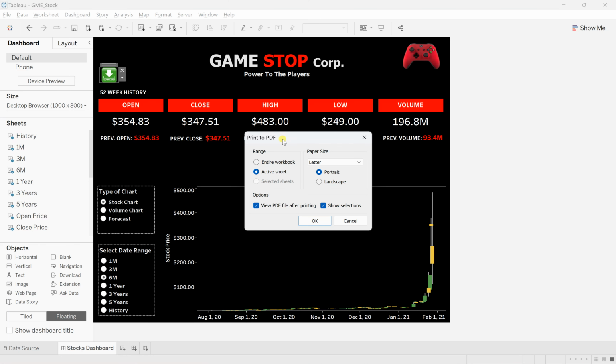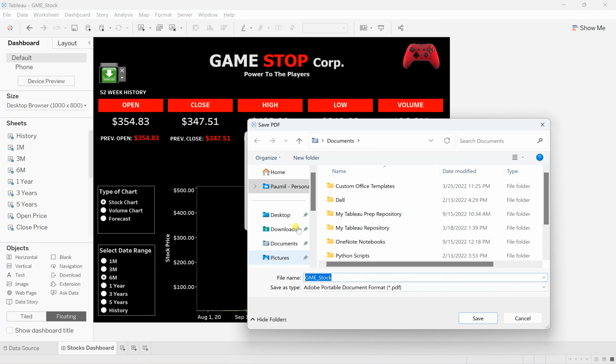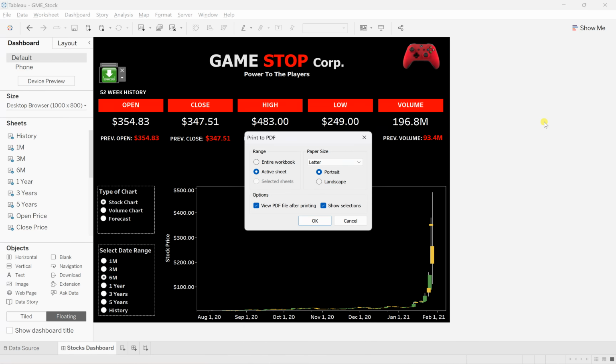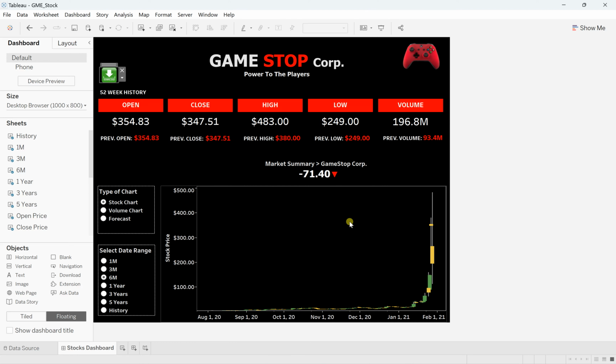It reaches out to you, or you can say it browses you to the specific print to PDF only, without selecting the file format and so on. So this is how you can do it, and say OK, and you are able to download it and store it where you want. So this is how you can create your own custom download links within your dashboard.